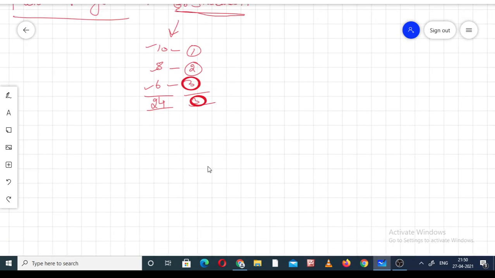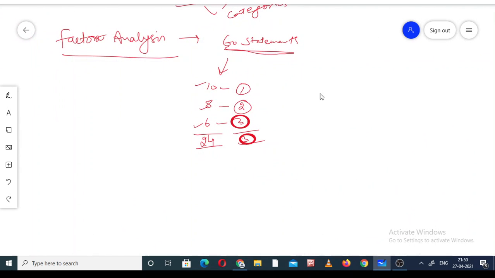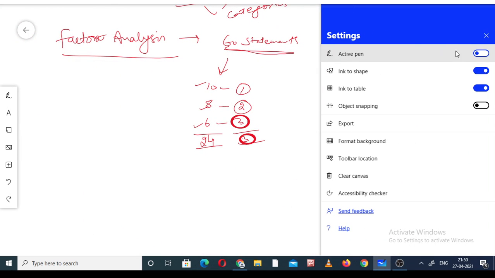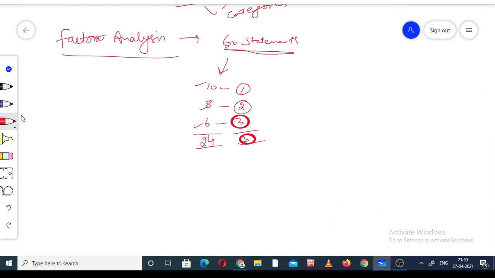So the point is, types of factor analysis. Factor analysis is of two types.